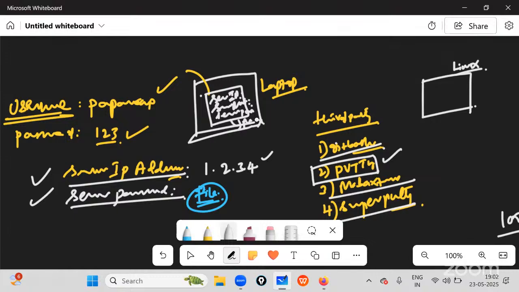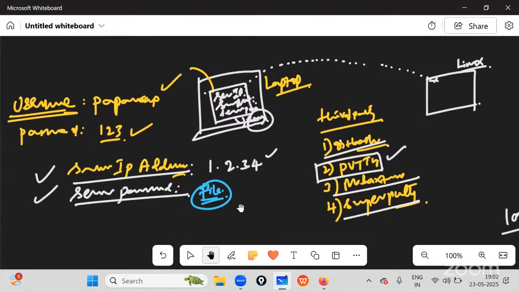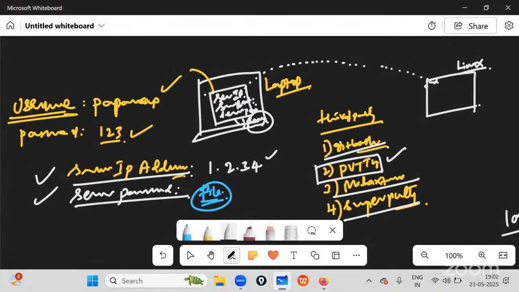Press enter button. So now you are going to connect the Linux machine, boss. That's it. You are going to connect the Linux machine. So after reaching this place,